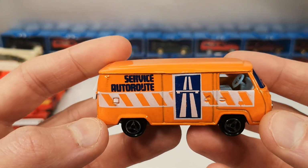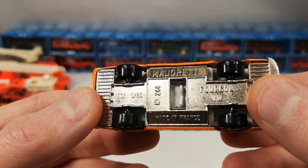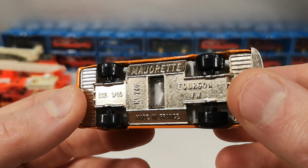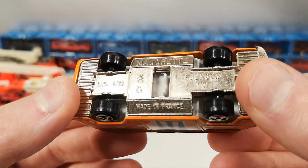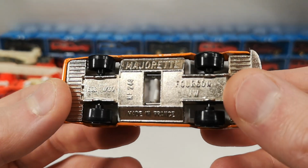And then I also got this one. Now I saw this one earlier this year on this table by this seller too. So he still had it. This is the Majorette Fourgon VW. So the VW van